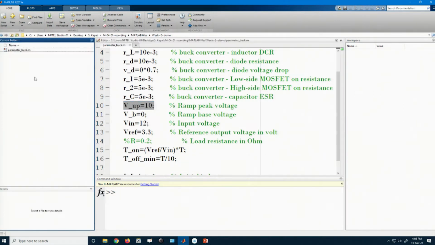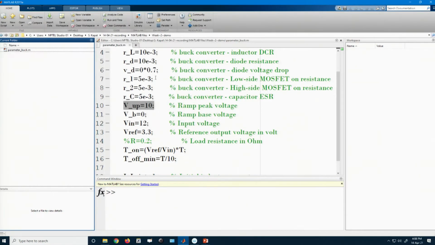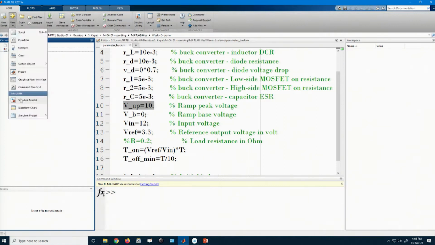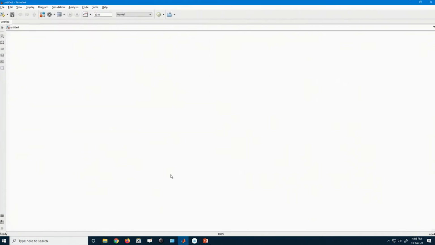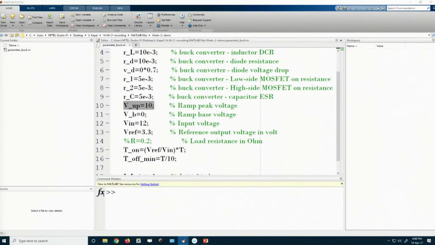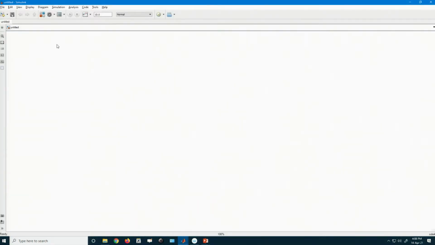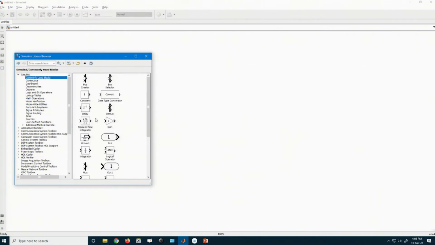Okay, we want to create a Simulink model, that means this is our parameter file. Then I need to open a new file, a Simulink model. In this Simulink model, we know how to develop these blocks. Let us start with the basic commonly used blocks. What basic blocks do we need?